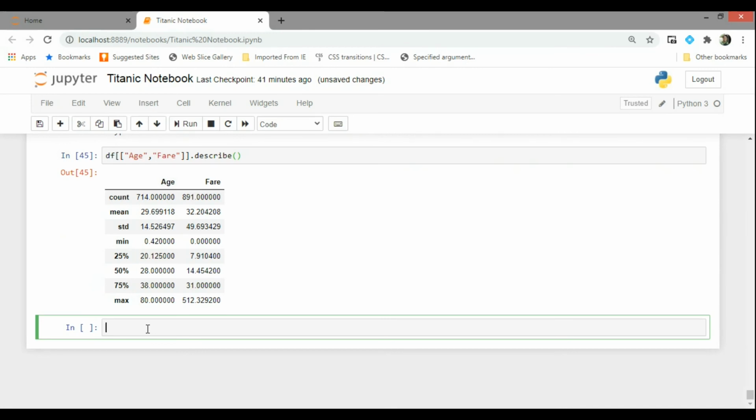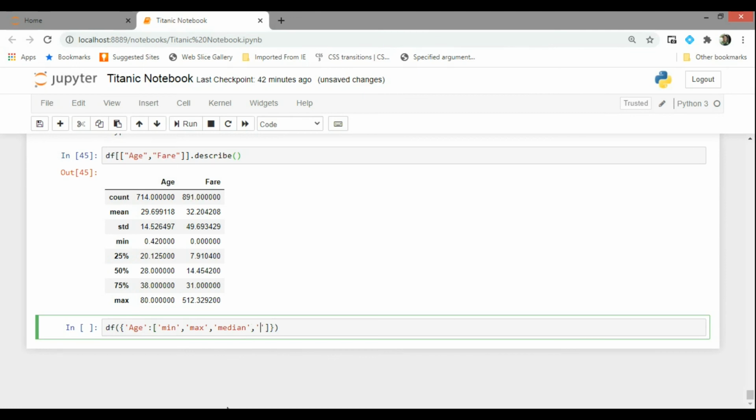So these are the common statistical data provided by using the function describe: count, mean, standard deviation, minimum, lower quartile, second 50% quartile, which is just the median, 75% is the upper quartile, and then you have the maximum value. Now I want to do operations only on the Pandas series Age, and I'm trying to find out the minimum, maximum, the median,